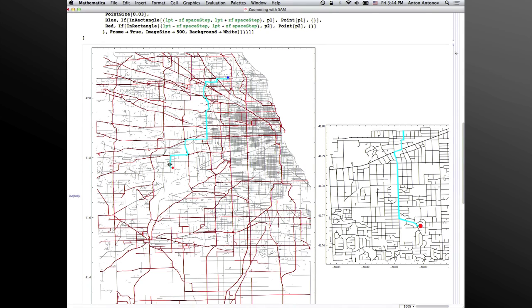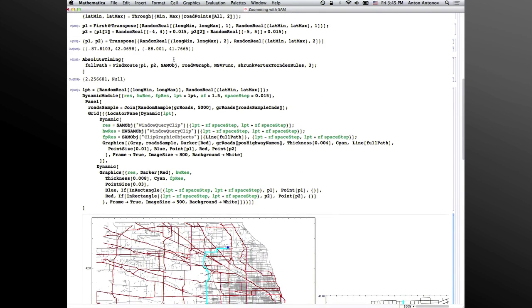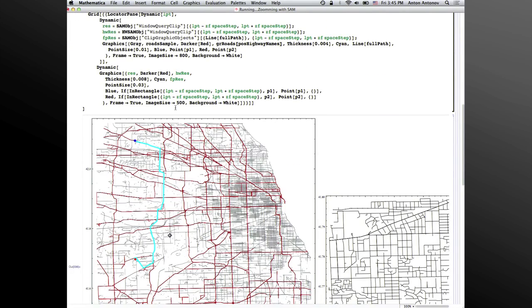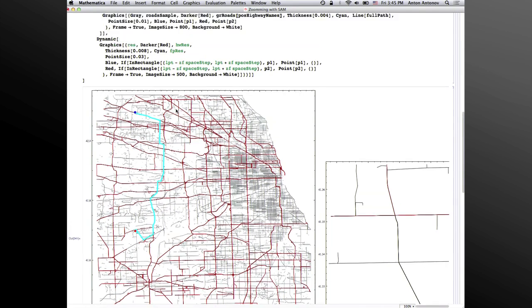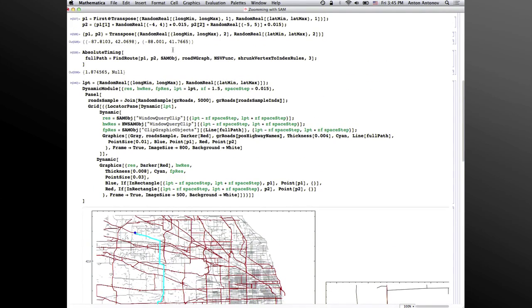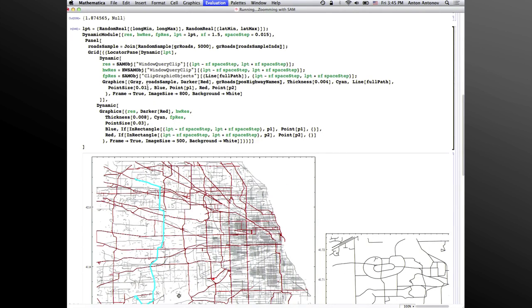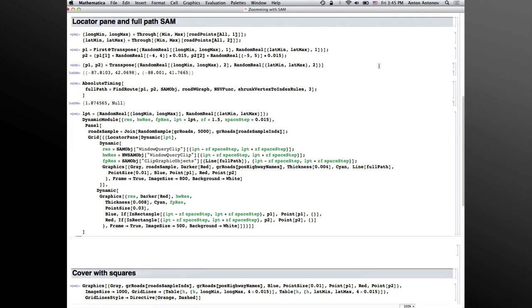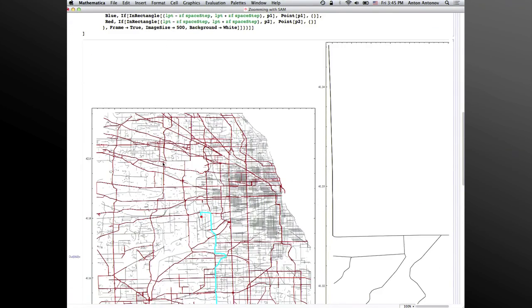So let's try to see. Let me see, I should be able to demonstrate this. There's an important thing to consider here, that if you have a smaller set of points, maybe I didn't generate the right points here, I'm sorry. There's some update problem, so I need to reevaluate. If I want to show a different set of points, I need to reevaluate. I need to delete the... I don't know why I cannot demonstrate this, but basically,